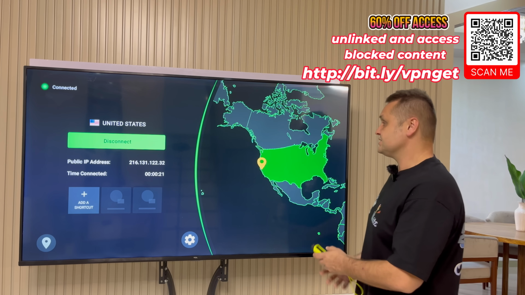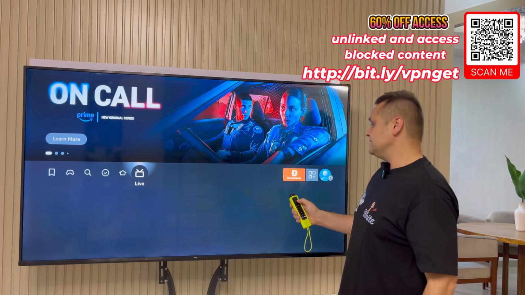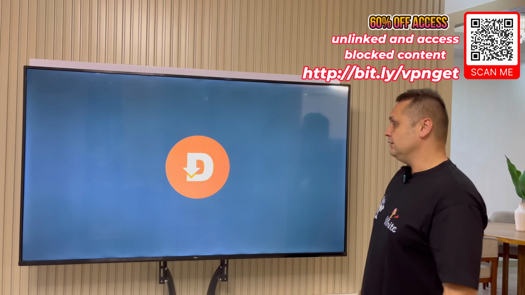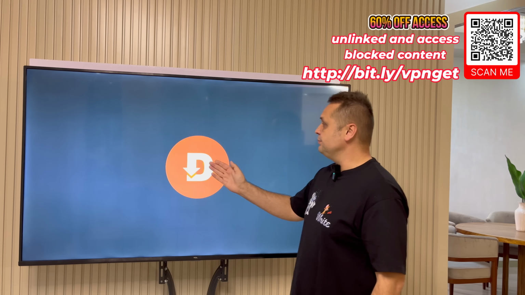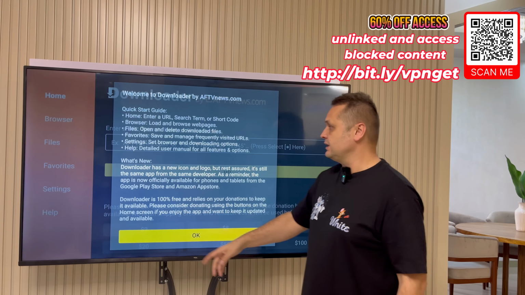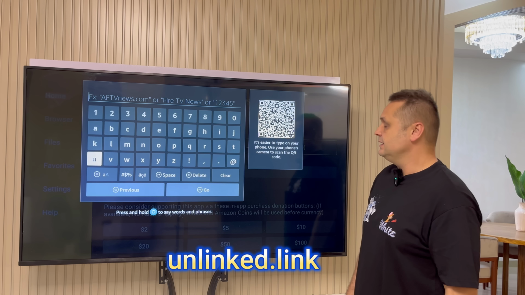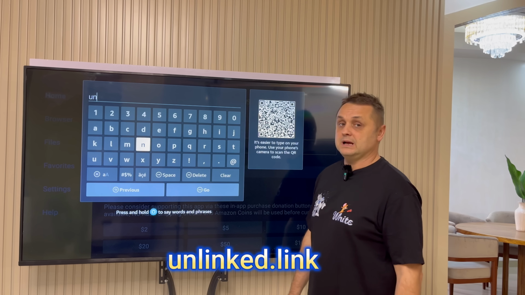Okay, let's press the home button, and now we can proceed by starting the downloader application with our VPN running. Open up downloader. And this is very simple. What you're going to do is press the OK button, click one up, highlight this yellow field right here, and just put in the URL box